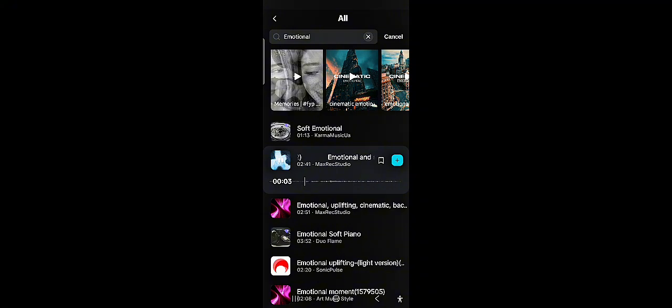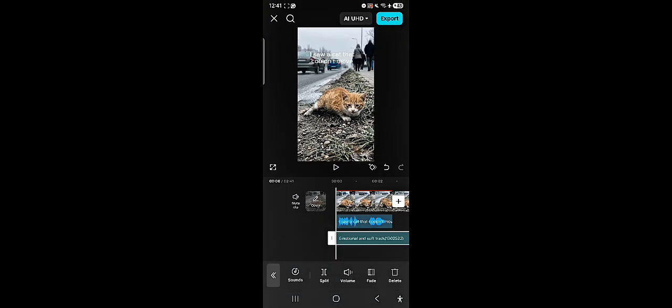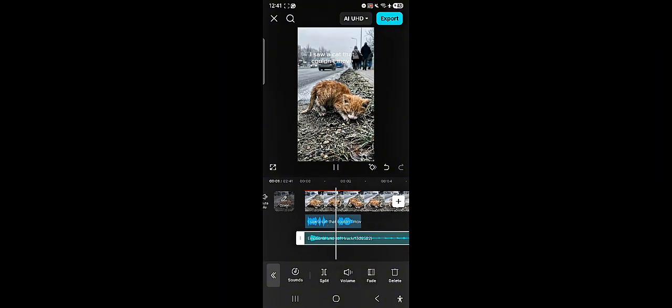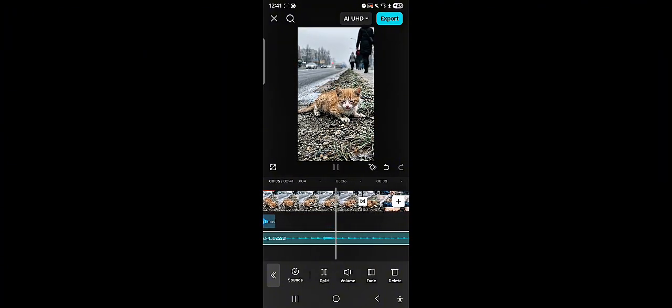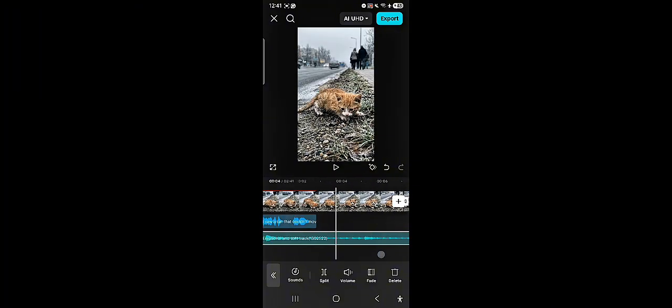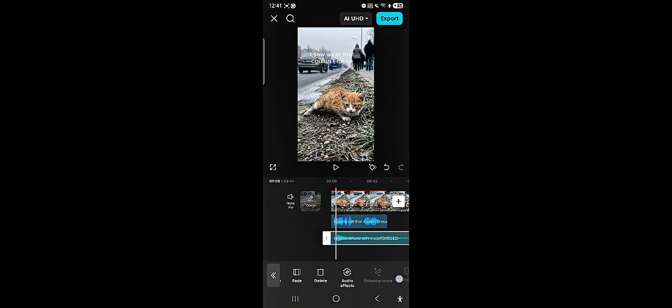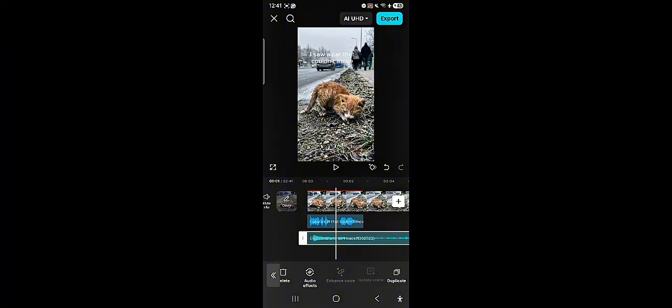Now, all you have to do is just click on the plus button. Now you can see we have "I saw a cat that couldn't move." Now we can see that we have added our sound. Now, maybe you wish to add a sound effect to the sound,